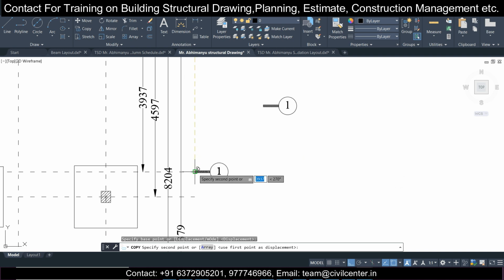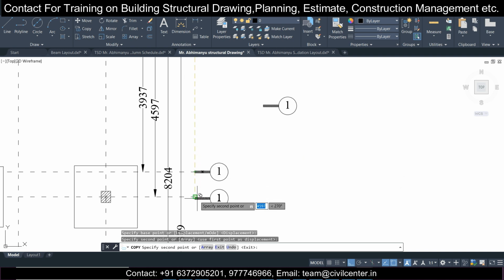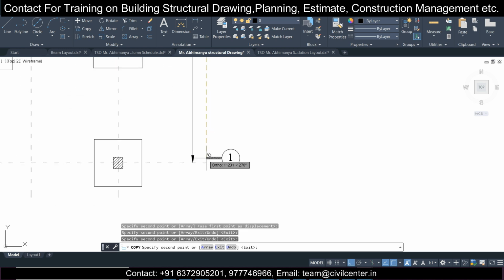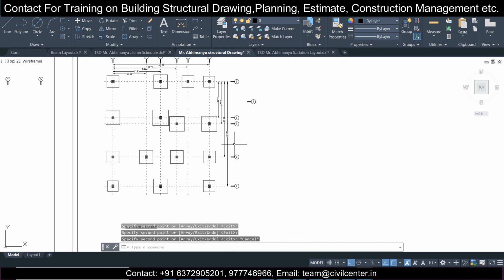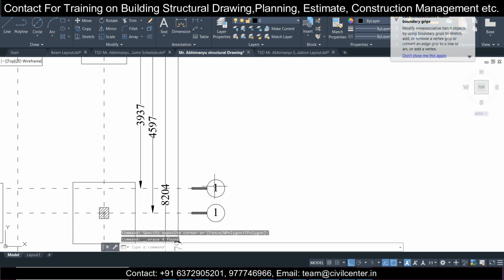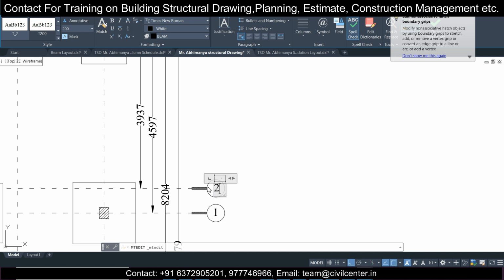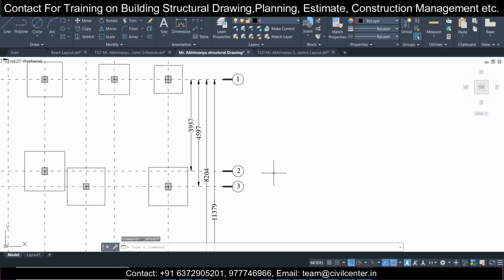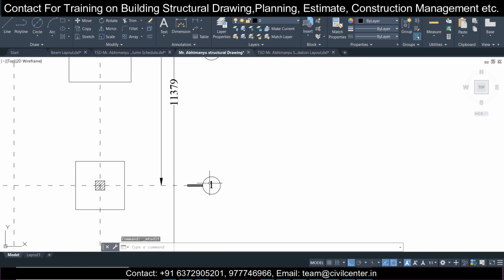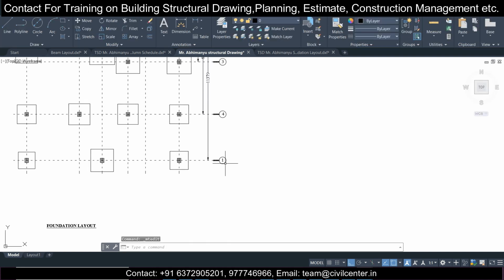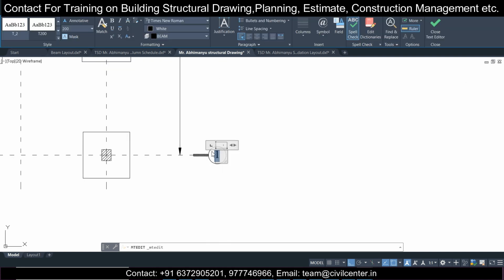So it will be our 1, 2, 3, 4 like this. I'll also show you if there is something close. No, right now there is not anything close. We have a distance. So delete this. We'll just correct the numberings here: 2, then 3. If your AutoCAD is showing an option of saving that, just make this always save, then it will not show any option like that, as I am not getting any options. So 5 grid lines we have.